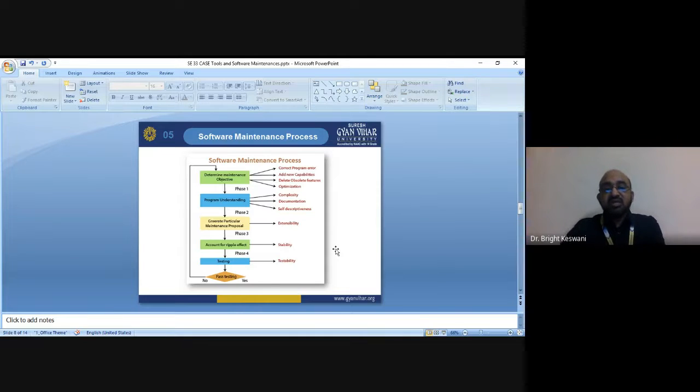So understanding the program is the next step. Then generating a particular maintenance proposal is the third phase, which is very important, and then account for ripple effect to make the program stable.